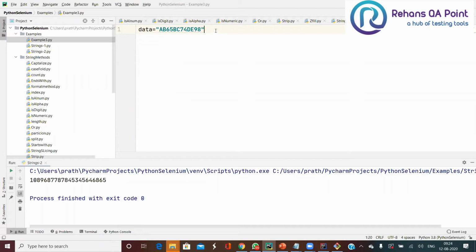Now let me take data equal to this. What I told is, I want to check whether the current character is numeric and the next character is an alphabet or not.